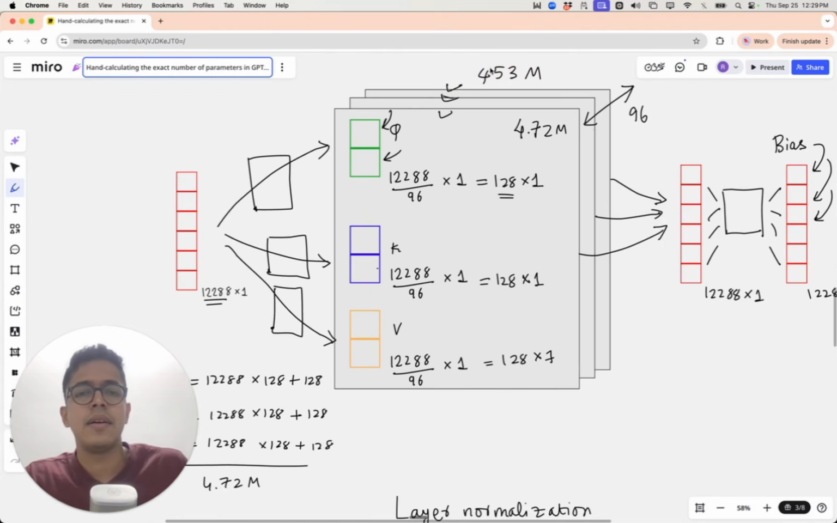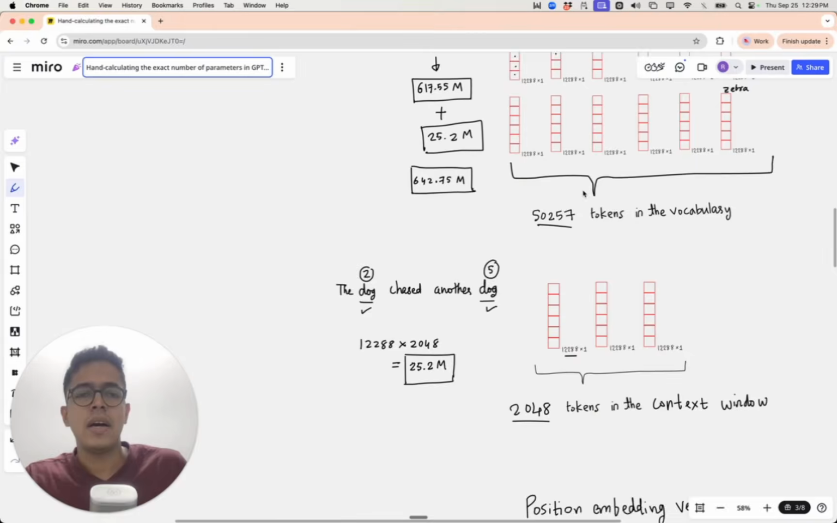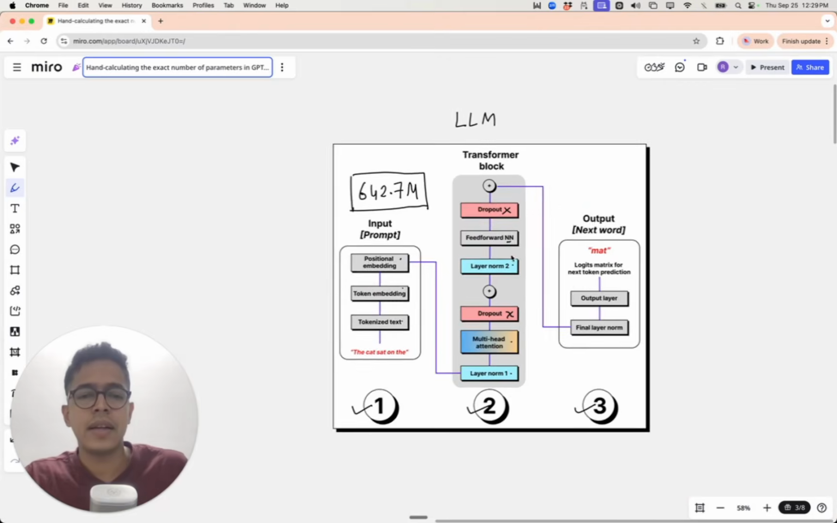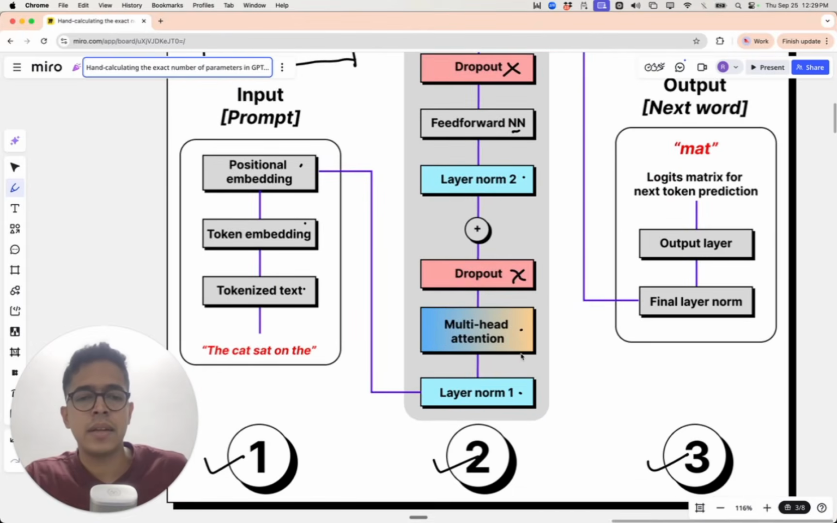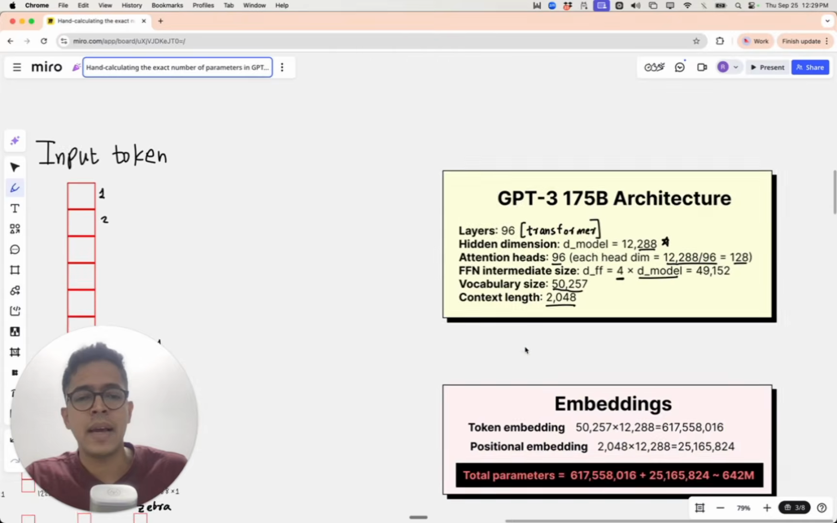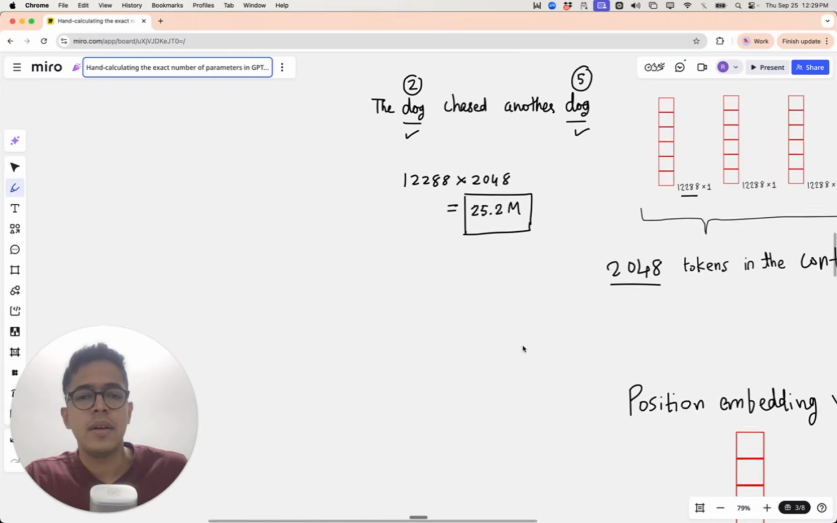453 million. Okay. So let's just write it down. Let's go back to our figure and just write down that multi-head attention. Yeah, one more thing is there. Before we add this 453 million, we have